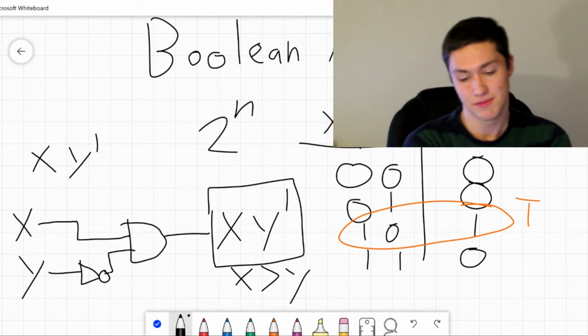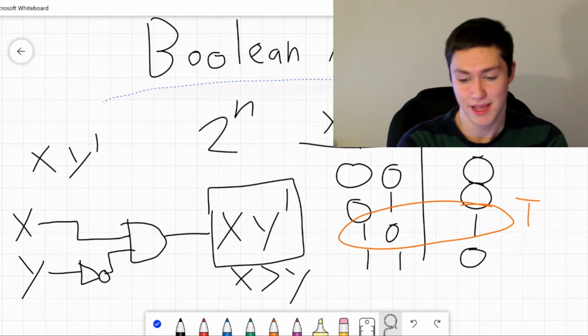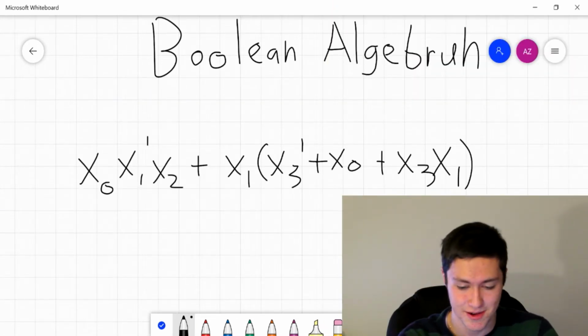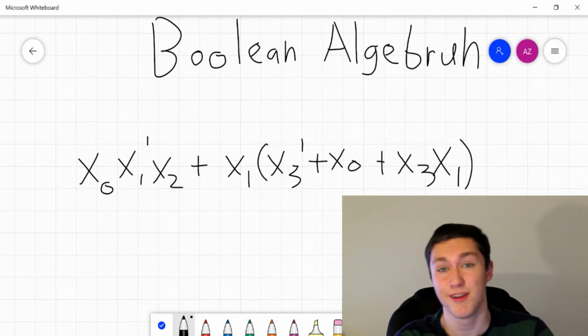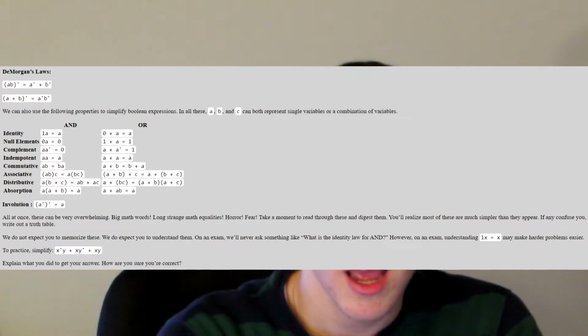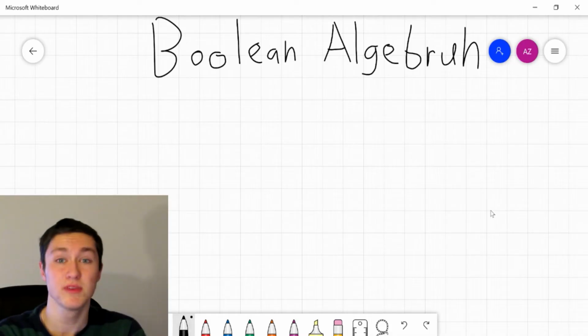Now, this is a really simple example again, but these problems can get very, very complicated. Not all Boolean expressions are easy to simplify, as you can see here. This is an actual expression I had to simplify for a lab, and if I didn't simplify it down to like 2 or 3 terms, making the circuit for it would be impossible. So we have a bunch of rules and identities, as you see here, that help us simplify them. The most famous of which is going to be